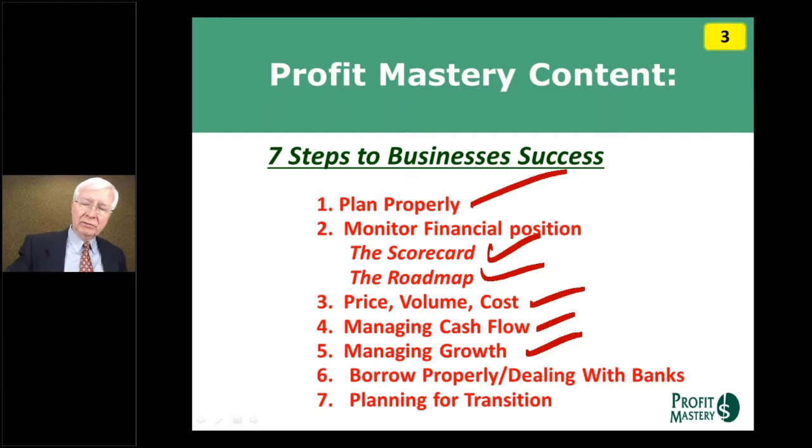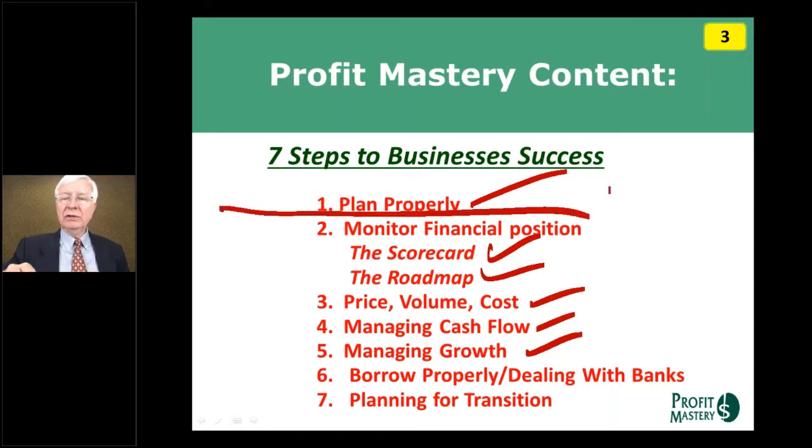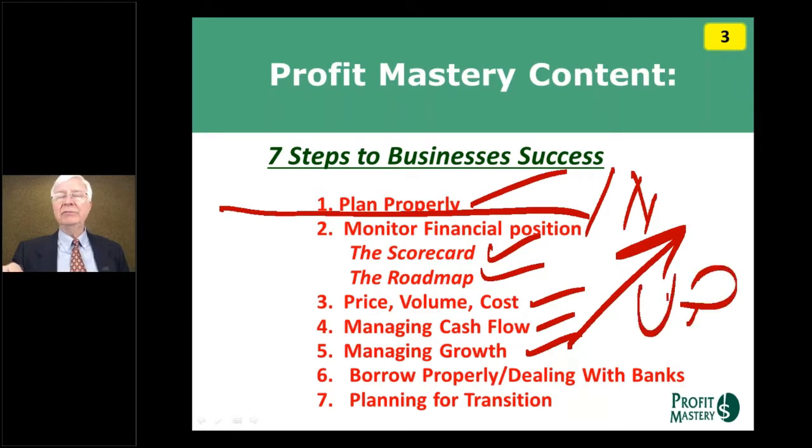And number 7 is really planning for transition. This one gets them into business. These next 2 through 6 get the business up to a new hopeful level of success and prosperity. And this last one gets them to their happy place. It gets them out doing something fun, playing with the grandchildren, or teaching Profit Mastery, or whatever it is that